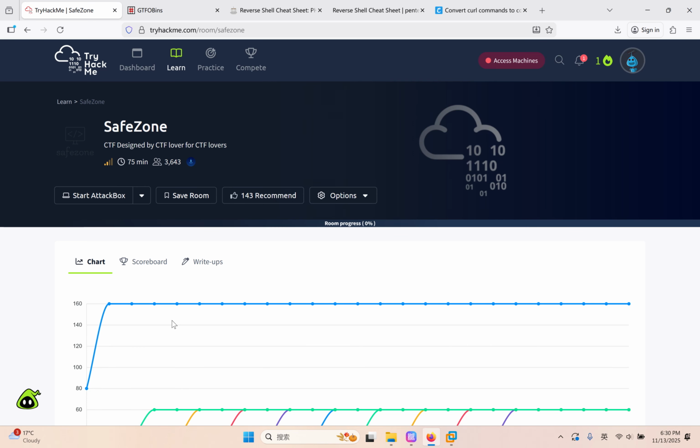Today we'll be diving into another wonderful TryHackMe room, Safezone, since it involves something like enumerating a web application with Python, pivoting,